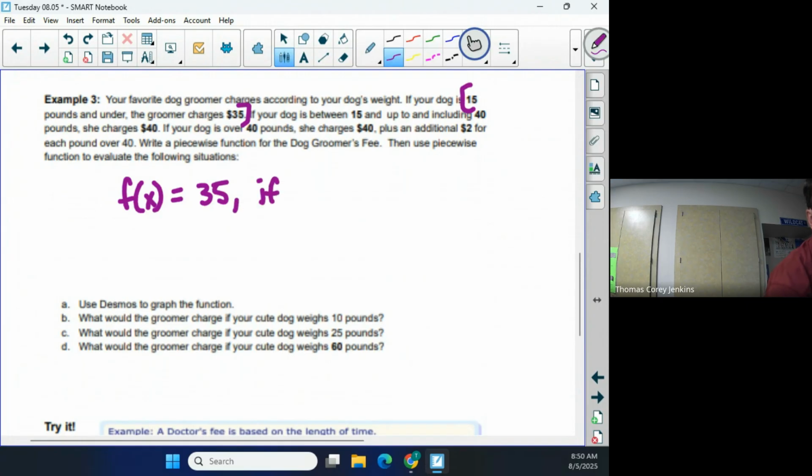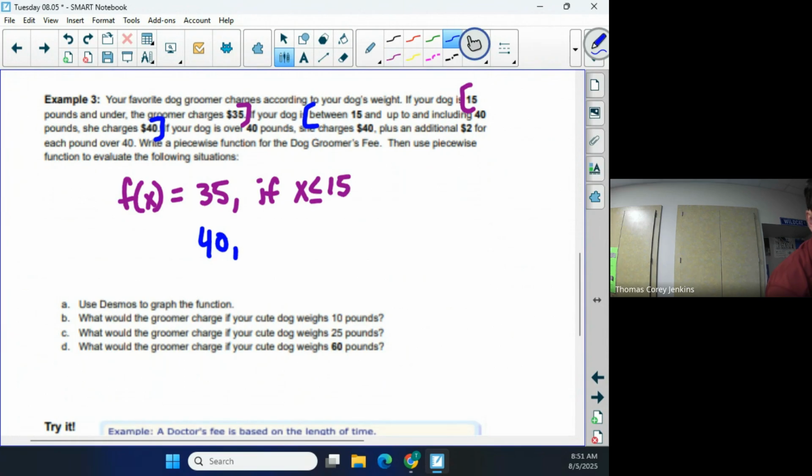If x is less than or equal to 15. Okay, that's how we would kind of formalize that as a piece of our function. All right, and then we say if it's between 15, so greater than 15 and up to and including 40, we get charged $40. Okay, so the way we're going to write that is